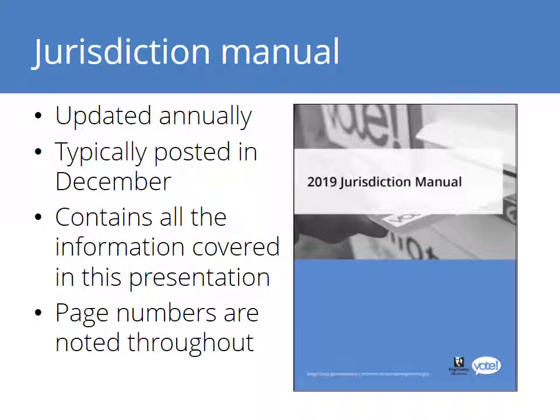Each year, King County Elections puts out an updated jurisdiction manual. This manual is meant to be a one-stop shop for jurisdiction administrators to find answers to their elections-related questions. That said, our staff is always happy to answer questions, discuss specific situations, or provide more detailed information. The manual is emailed to all jurisdictions, typically in December, and is posted on our For Jurisdictions page of the King County Elections website.